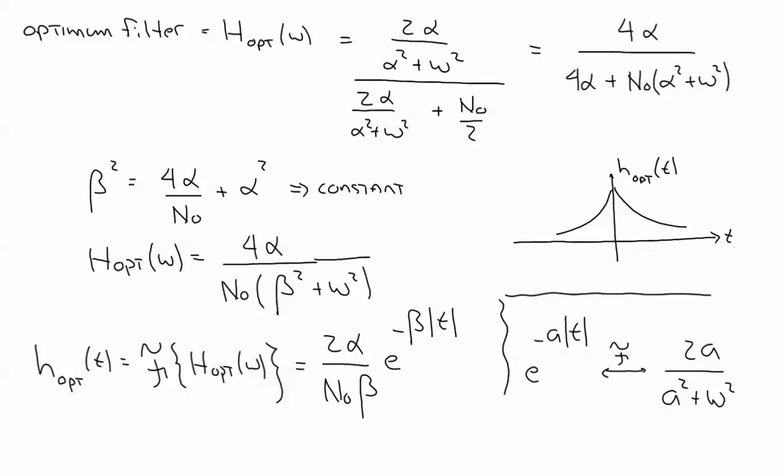So let's calculate the noise power at the output of my optimum filter. Noise power at the output of my optimum filter, P naught min,